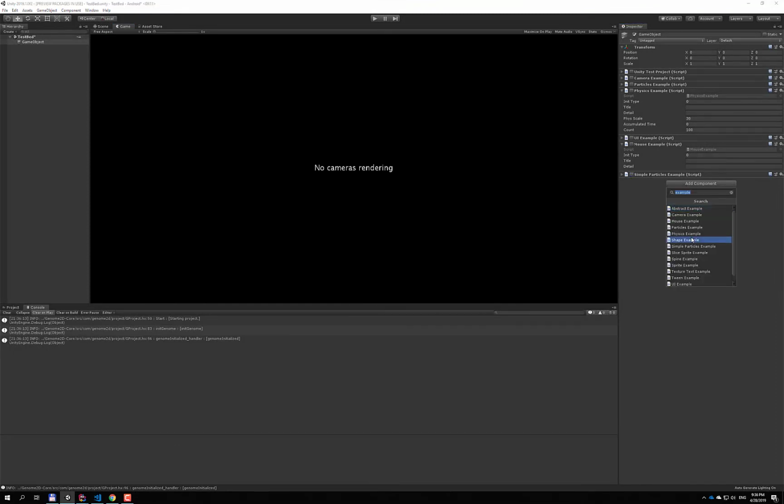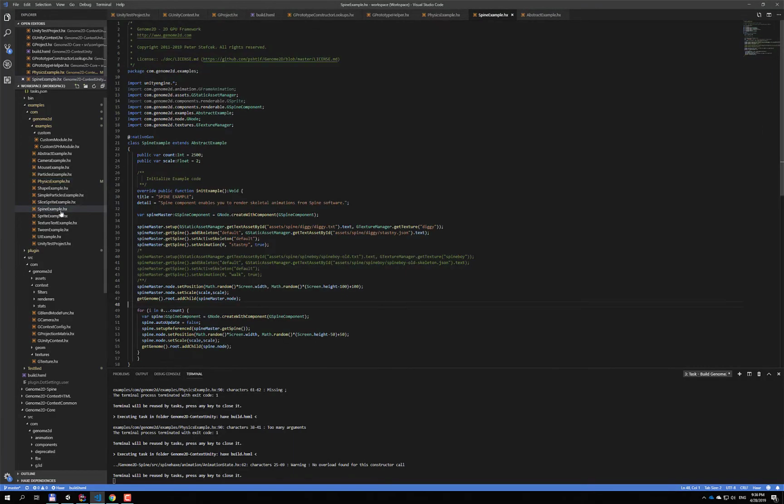Okay, one more, for example, the spine example. Oh, I put a lot of instances there. Let me just show you. This is the spine example. This count is a public variable inside the Haxe. It's an int with some default value. If you compile this, and you need to use native gen, obviously, if you transpile it to C#, it will work as any public property of